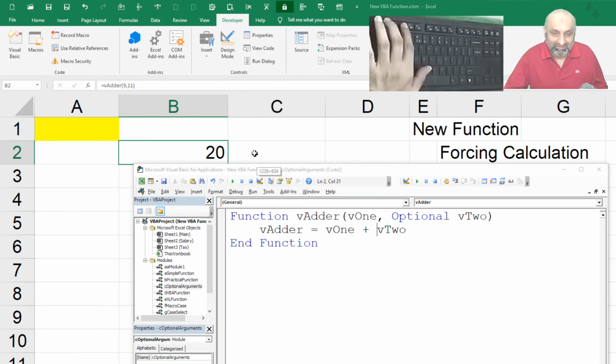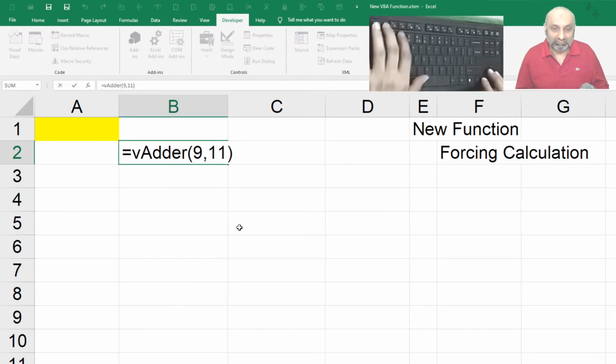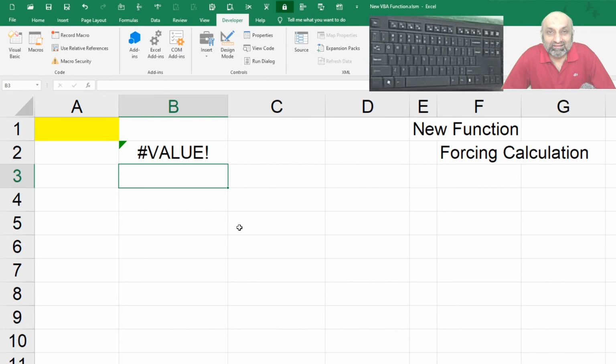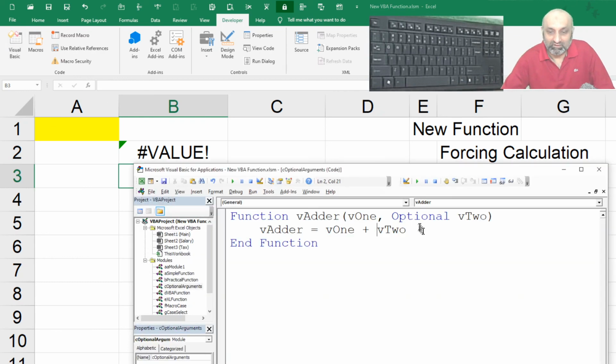What if I skip the second variable and it is only 9? If I press enter, there is an error. Why? Because the optional v2 is missing. Okay, fine, it is optional, but Excel is trying to do a calculation.